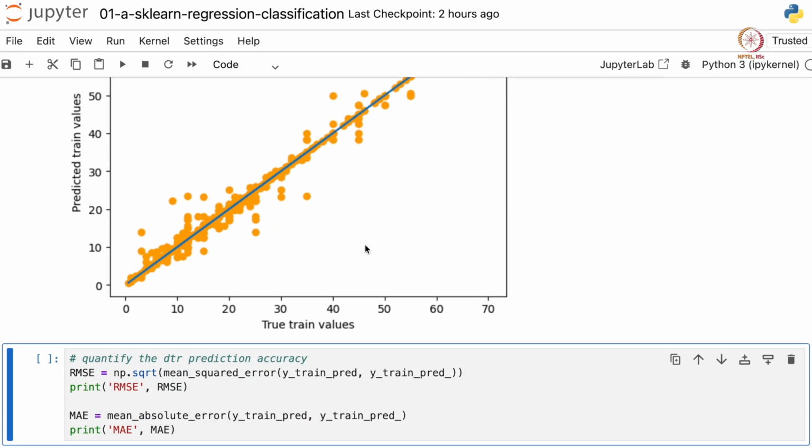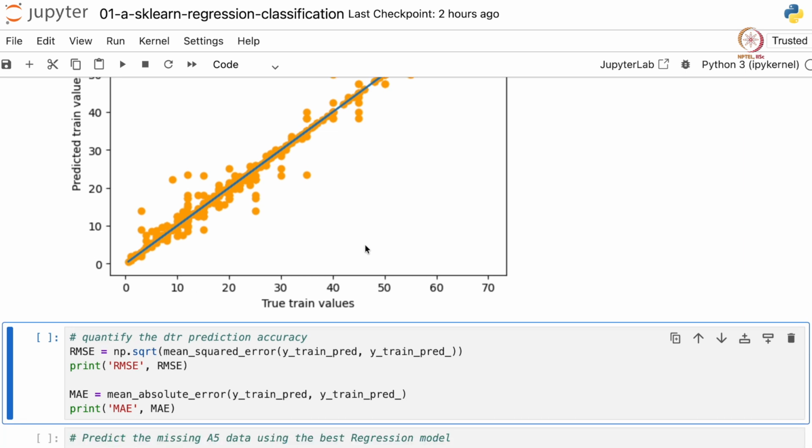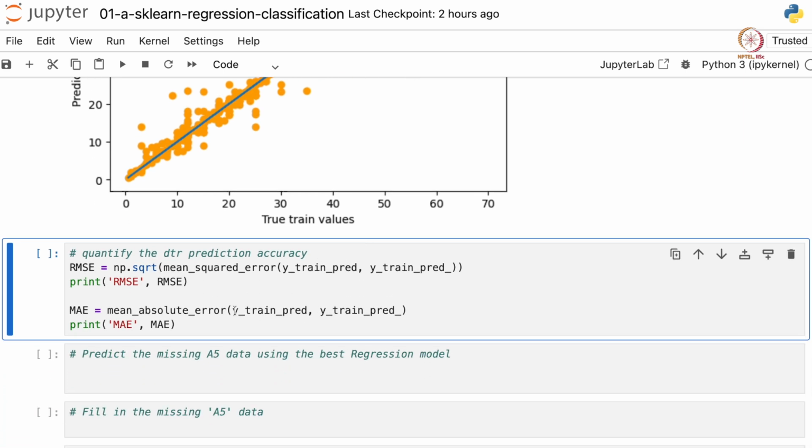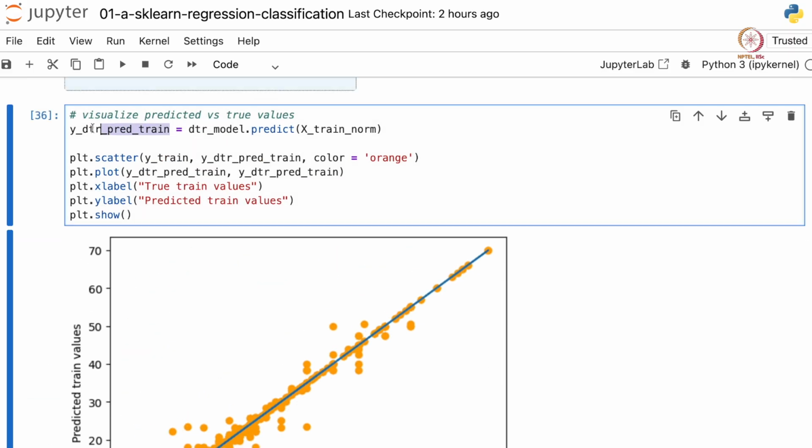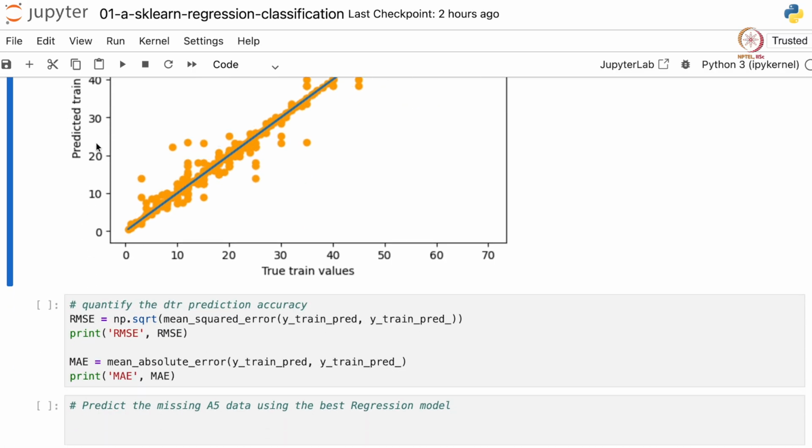And let's also again compute the root mean squared error and the mean absolute error for decision tree regression. So the code is already written here. This is y train, y DTR predict train.